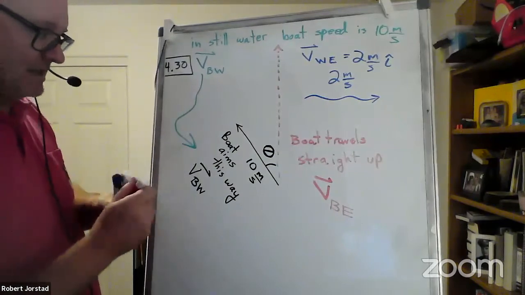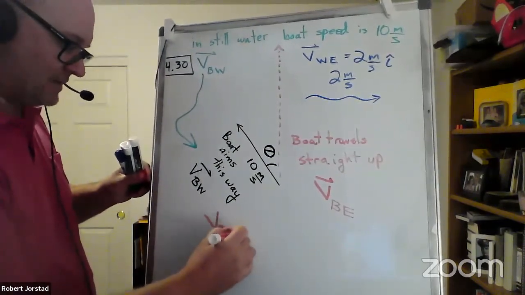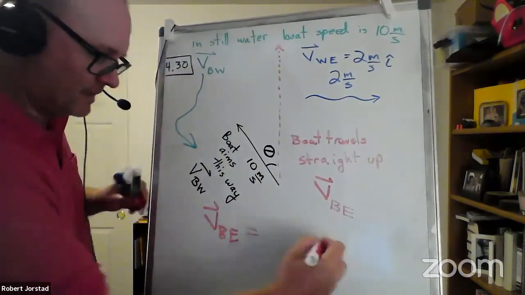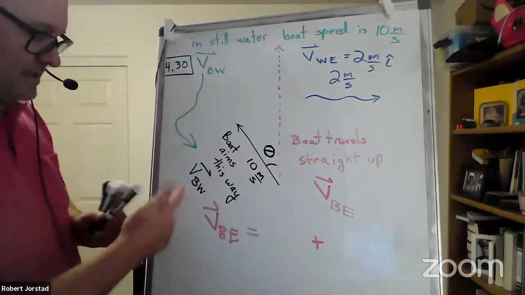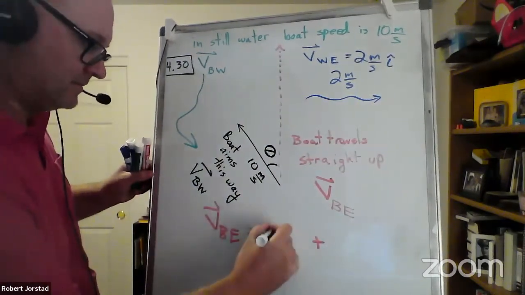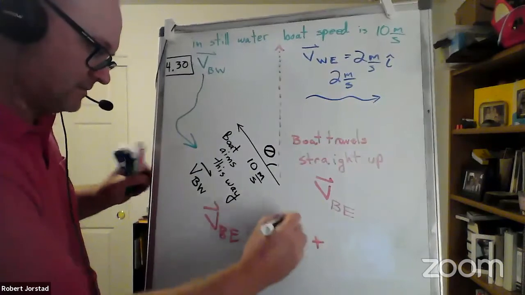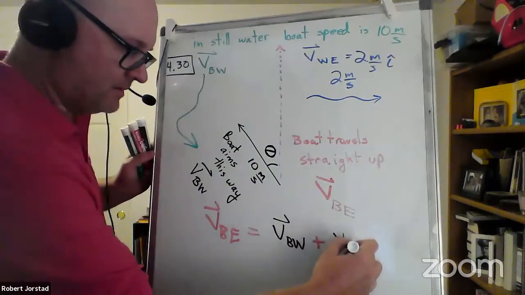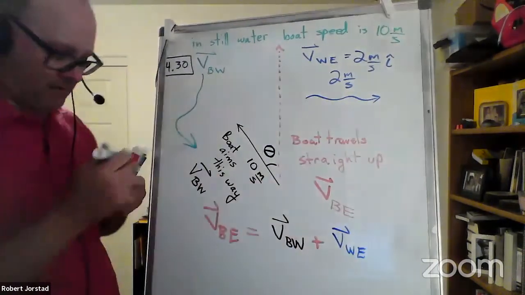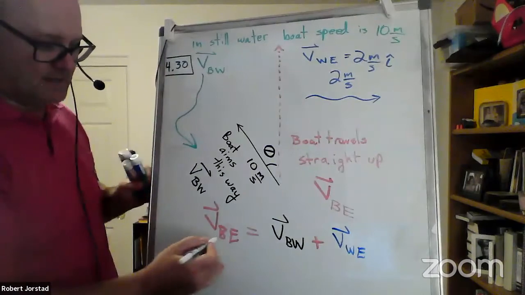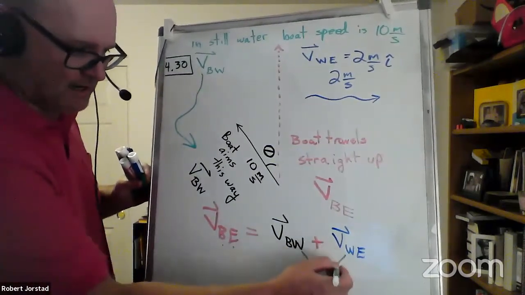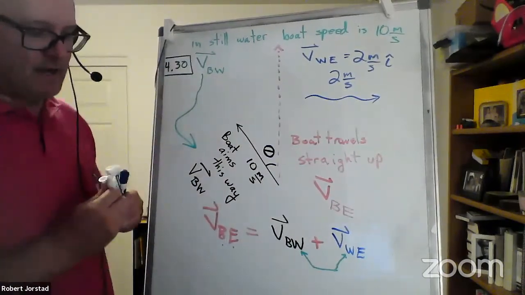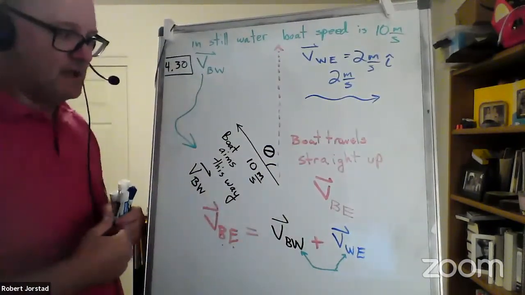Okay, so let me just write this out really quick. Velocity of the boat relative to the earth. I'm just going to write any old squeeze out that fits. So that's going to be boat relative to water, and then we've got the water relative to the earth. Is that going to give me the correct squeeze out? Let me verify. I see that, aha, this has boat and earth. W should get squeezed out. It does. Feeling good. So now I know this is a legitimate equation. I could write